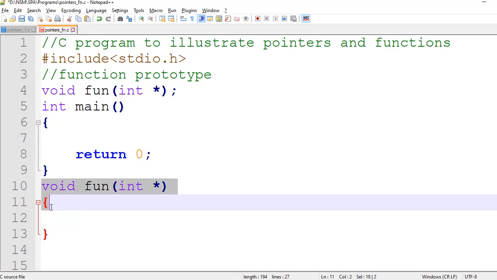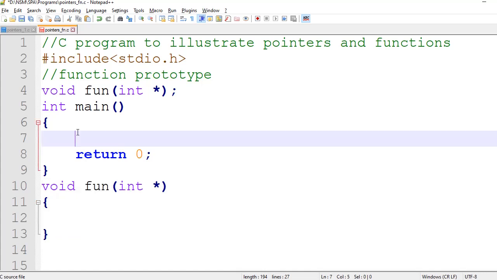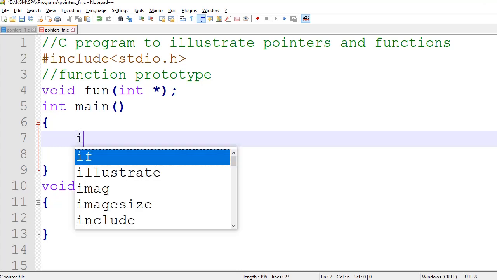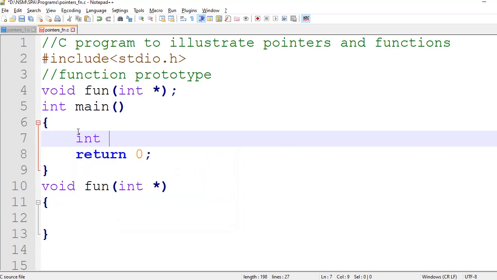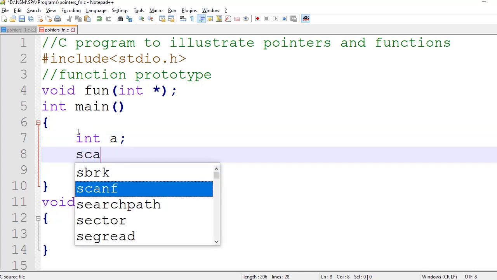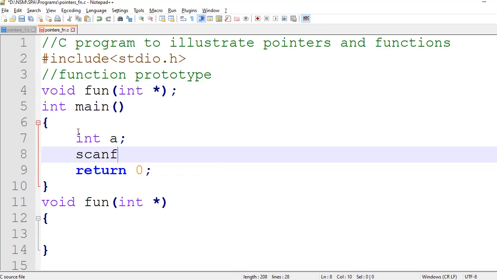Before we actually define the function, let us write our main function wherein we are going to create a simple variable of type int. So what we will do here is we will say int a, and let us read this variable from the user. So for reading, I will write my usual scanf. Since it is of type int, I will use %d, and this is my scanf. Now once I read this a inside main,